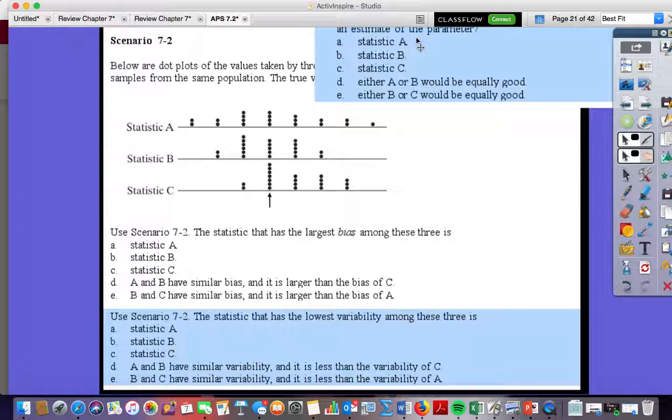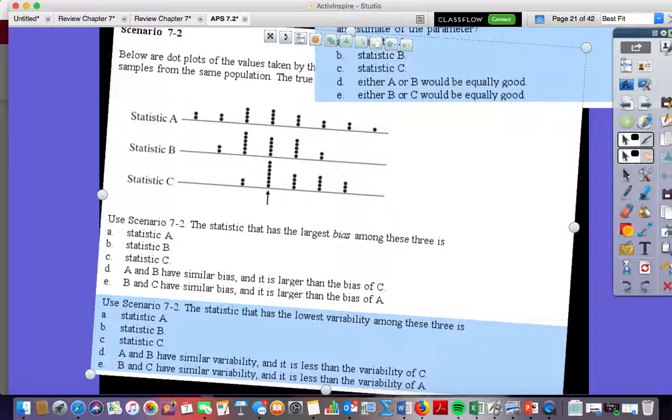Where's the center of this distribution? Right here, right? Yeah. Where's the center of this distribution? Here, right? Where's the center of this distribution? Here. So if it falls close to this arrow, what that means is that if we're talking about mu or x bar, we're saying mu and x bar are equal. In fact, that's unbiased when they're equal. But the further away they are, the higher the bias. Okay. Am I making sense on that? Yeah. Good stuff.